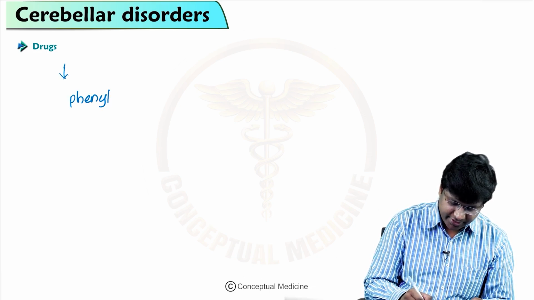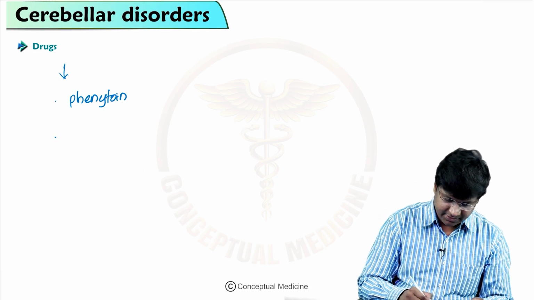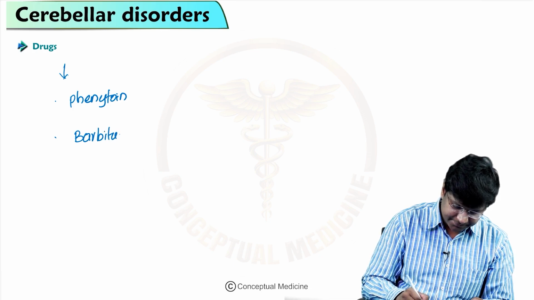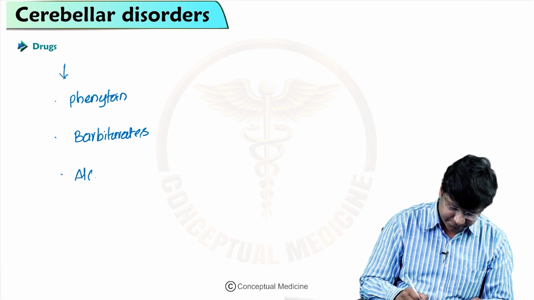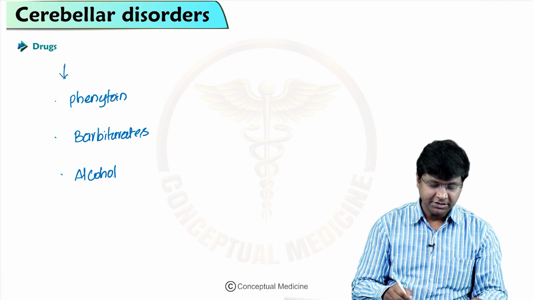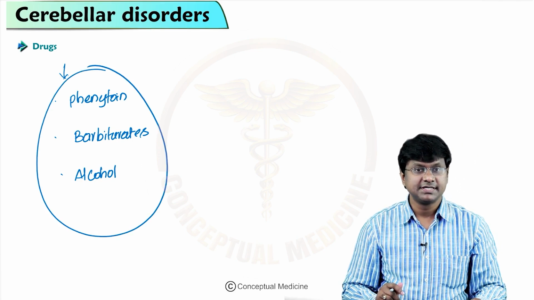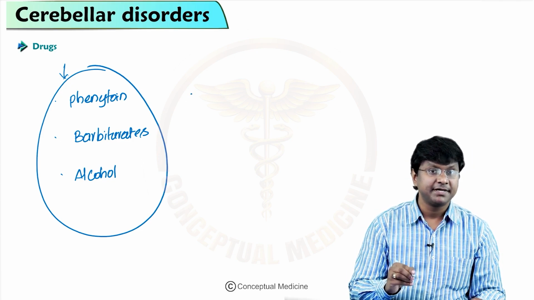Phenytoin sodium is a drug used as an anti-epileptic, then followed by barbiturates, and third we have alcohol. So these are the drugs which will cause cerebellar damage, and apart from that we have piperazine citrate,